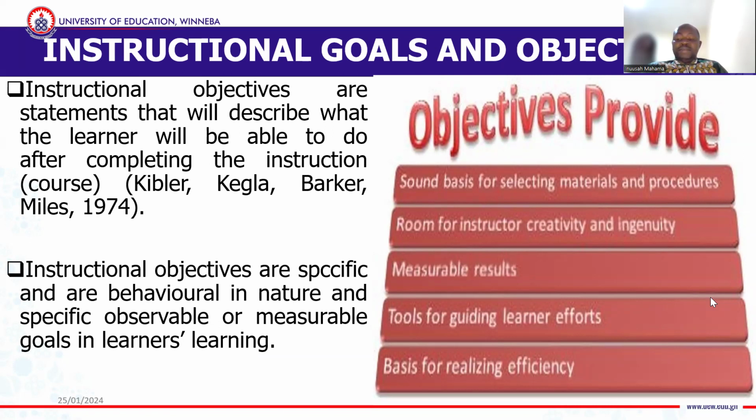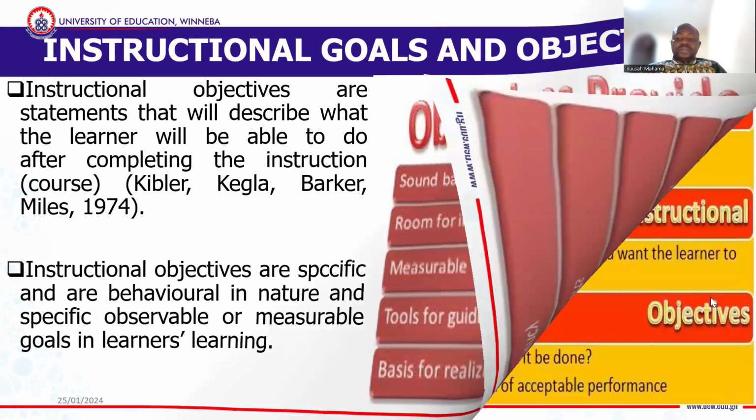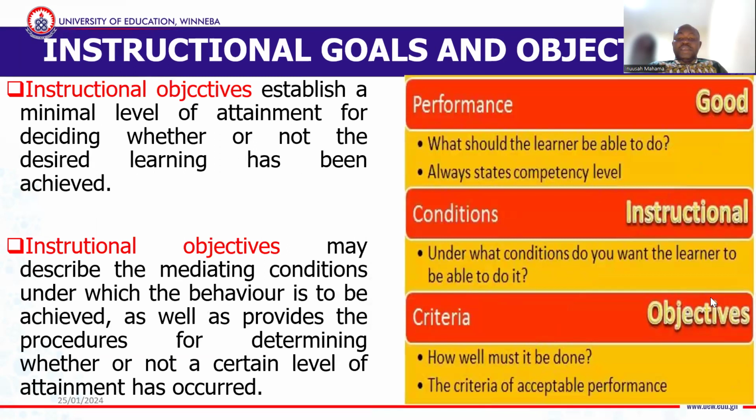So as we have our diverse backgrounds, each and every one of us here has instructional objectives that we have designed in our programs. These instructional objectives are supposed to be tailored towards what we can achieve and not what we can anticipate. They establish the minimal level. So you must establish at what point in time I see that the learner has learned something. What level of achievement would I use as a yardstick to indicate that my learners have acquired the required knowledge that I want them to acquire?